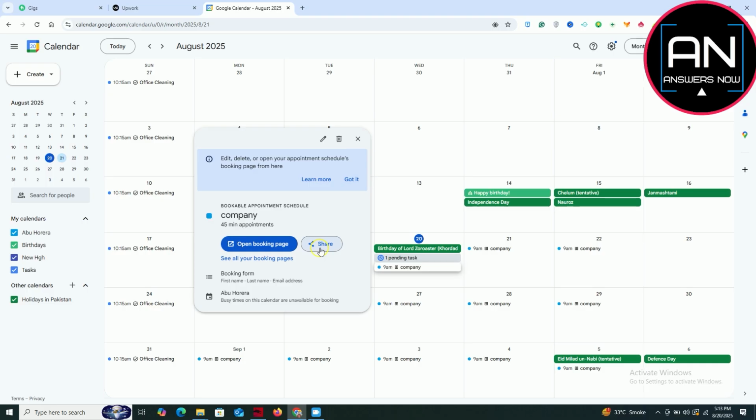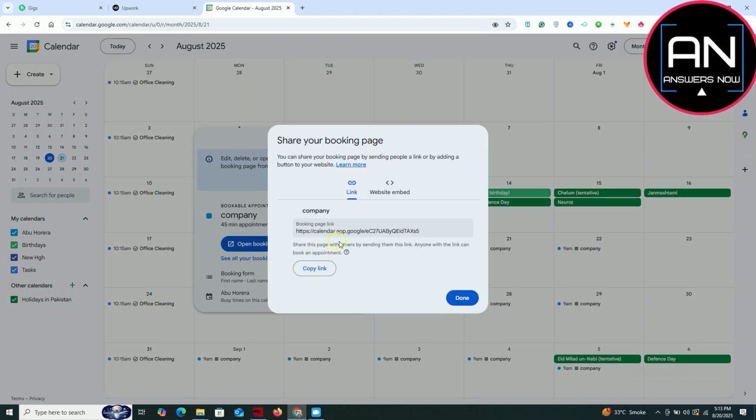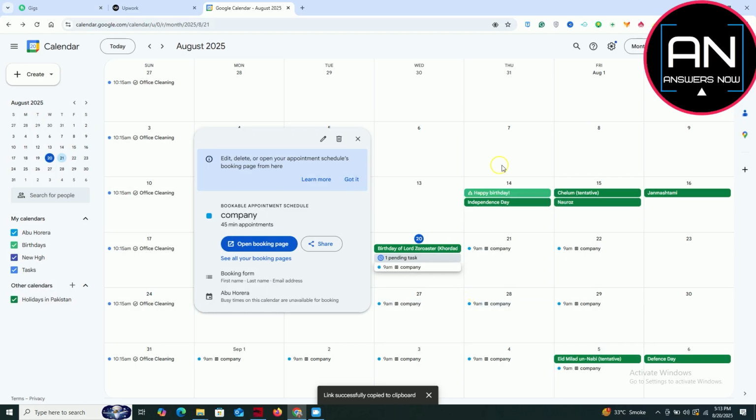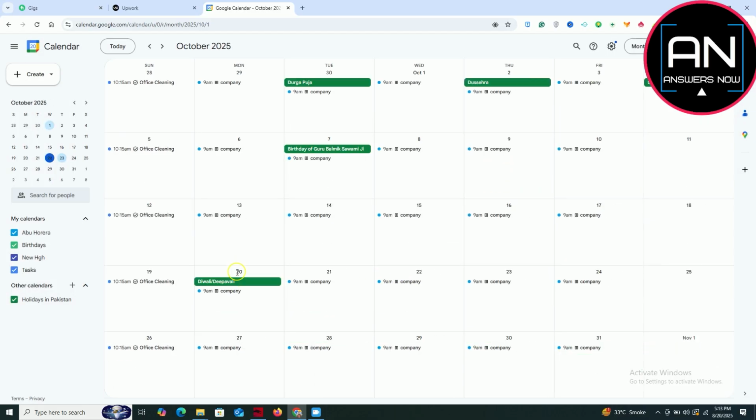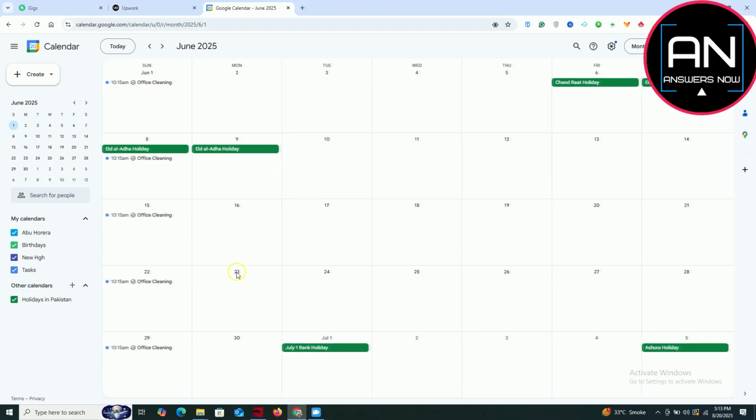With your appointment schedule ready, you might want to share it with others. To do this, first click on the appointment schedule you have just created in your calendar grid. You will see a share button. Click on that. A prompt will appear allowing you to copy the link to your schedule. Simply copy the link. This link is crucial as it's what you will be sharing with anyone who needs to book